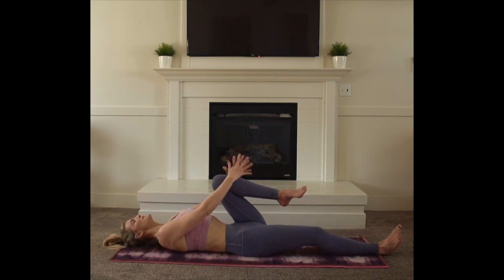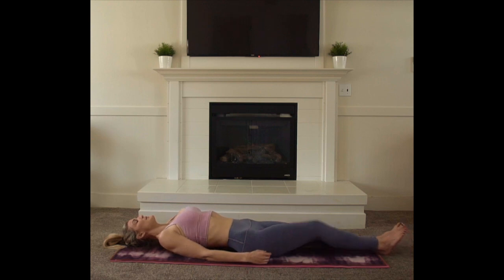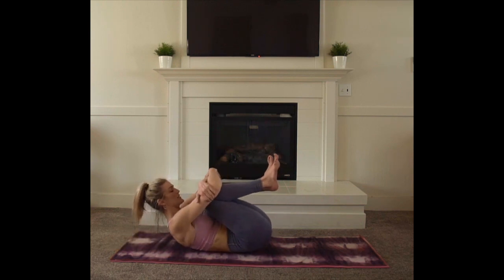Exhale with this release, bringing up that left leg. Hugging in that left thigh in tight towards your chest and belly. Again, checking in with that right calf. Is it connecting to the ground? Option to circle out the ankle. Inhale, squeeze a little tighter. Exhale, release. From here, we're going to bring in both legs, taking our arms, wrapping the arms around our knees,